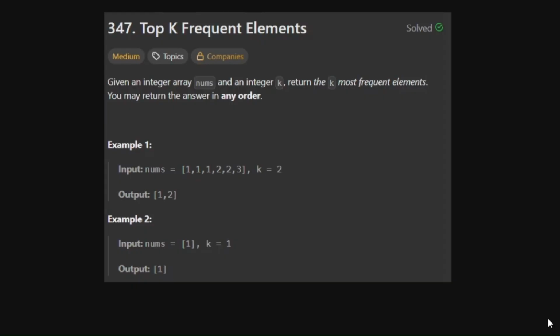We will start by understanding the problem statement and walking through an example. Then I will show you the brute force approach and how we can optimize it step by step into being